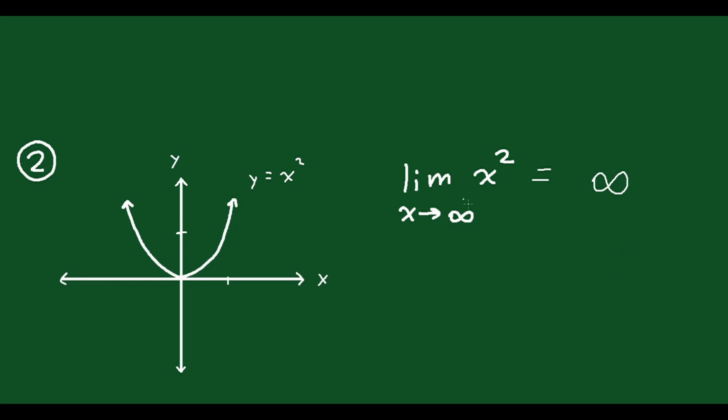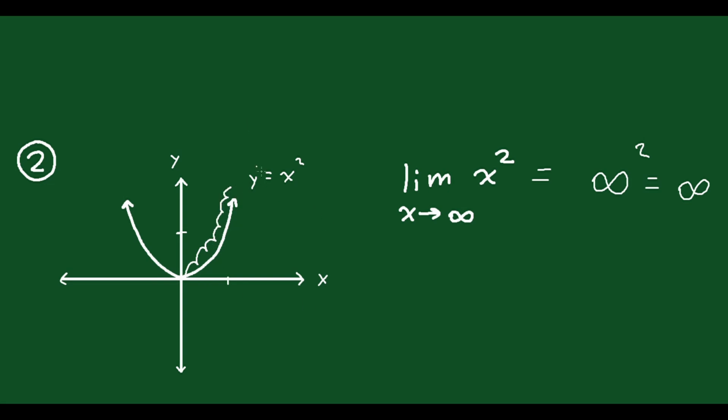And if you were to plug infinity into your equation here, infinity squared is equal to infinity, right? Infinity times itself is infinity. So that's another way you could figure this out. But logically, you want to make sense of this, right? You want to understand that as x is getting bigger and bigger and bigger,